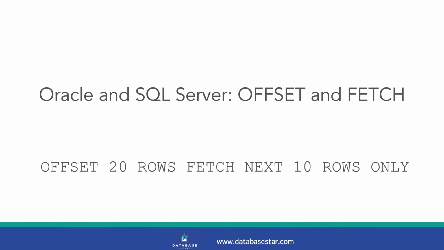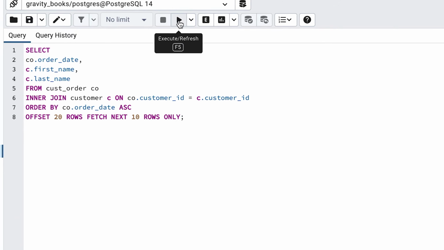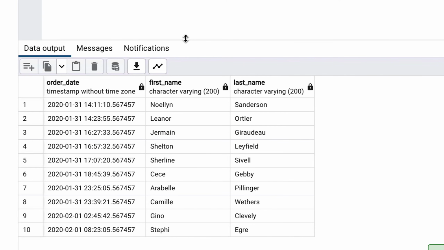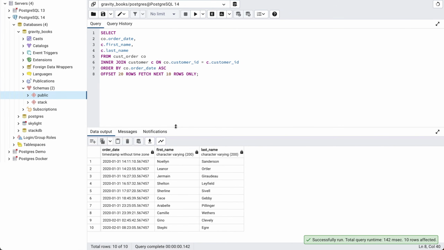So what's the issue with using this? There are two issues, but they can be solved. The first issue relates to performance. If you've got a small set of data, your pagination query may perform pretty well. Here's an example of a query that shows pages of data. We can run the query and see the results. But once the table starts growing and you get more data, your query will probably start slowing down. This may happen even if you have indexes on columns in the join clauses and the where clause.